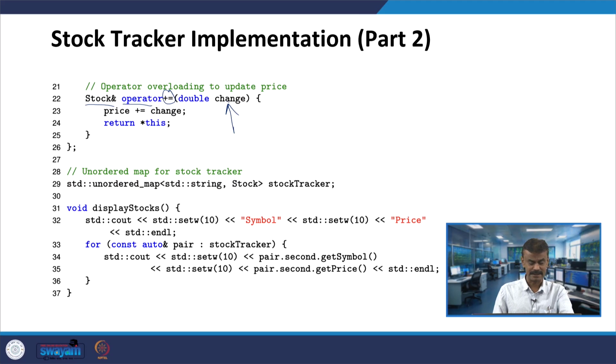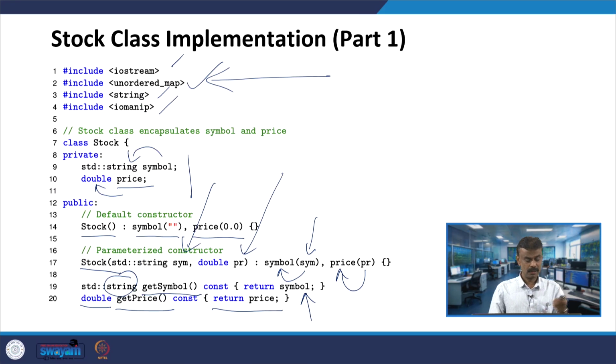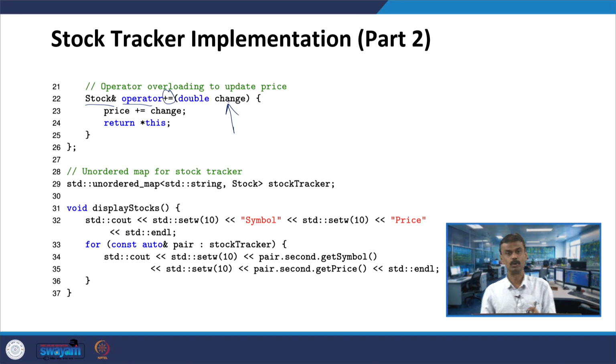If there is any change in the price, you are updating it. This updation can be done based on operator overloading. Price plus equal to change is equivalent to price equal to price plus change. Change is double, price is also double. So we know the meaning now. Then return star this, which is a pointer, and it returns the object completely.